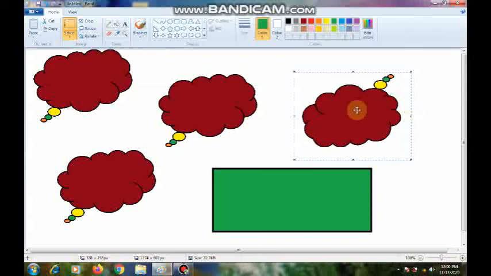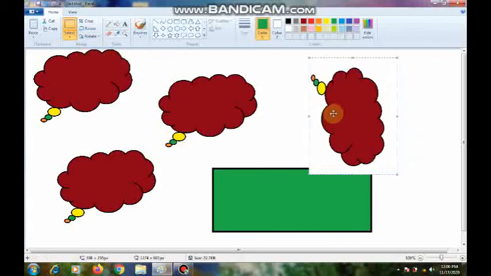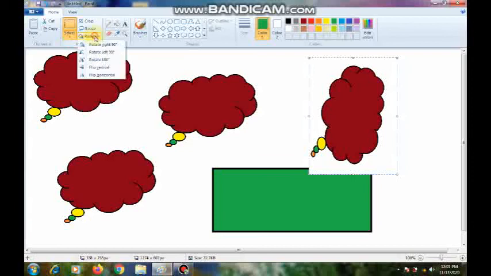So see, it is rotated. This tail comes up. Actually, this tail is down, no? Like this. For example, I click here and select rotate 90. Then see how it is rotated. Okay. For example, here I am selecting flip vertically or flip horizontally.